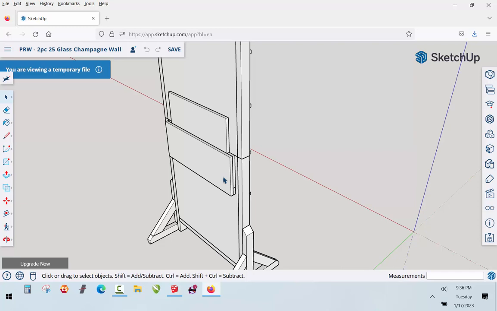So one of the questions was, well, can I see the back of it? Because I didn't understand from the plans exactly how this setup was being put together. And I said, well, did you look at the SketchUp file? Well, no, I don't have SketchUp. Well, a lot of times people think SketchUp costs money, because it does, but not this online free version. It does not cost anything. So at any rate, I kind of walked them through that process